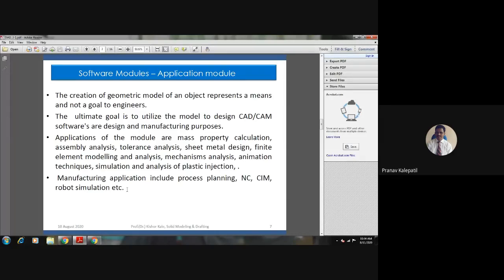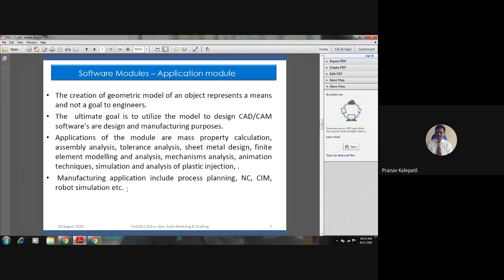What is our goal? It is just a representation of something, and our ultimate goal is to utilize the model to design in CAD/CAM software, for design and manufacturing purposes. That means that the model would be used for other applications. So creating a model is not our goal. Are you getting me?